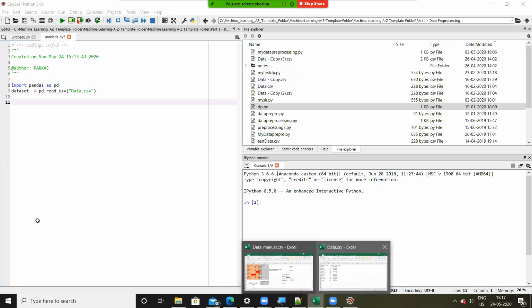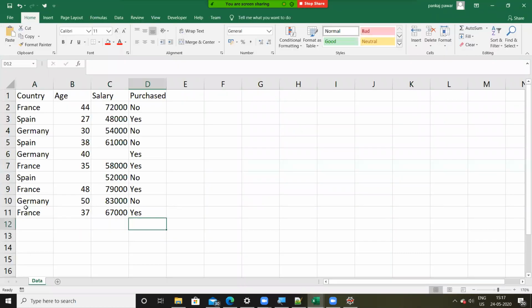Done. After doing this, we need to divide our data into two parts. What are these two parts? X and Y. X is the independent set, Y is the dependent set. X is the input and Y is the output. In this case, we want to predict whether a person will buy an item or not. Therefore, the purchase column becomes Y. And how are we going to predict? With the help of country, age, and salary. Using these three columns, we need to predict column Y, that is the purchase column. So country, age, and salary automatically become X. Therefore, we write the code in this fashion.